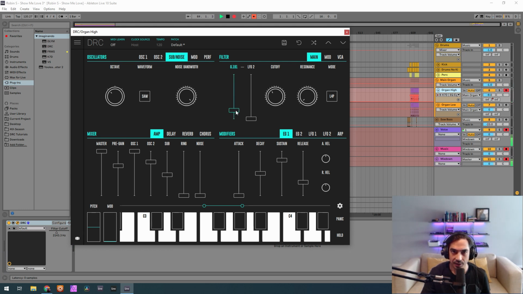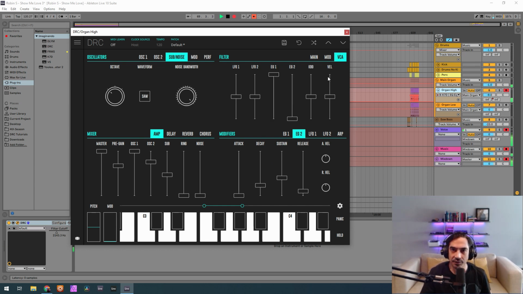This envelope generator 2 amount is the amount of this envelope generator 2 controlling the cutoff frequency in time. Now we go to the VCA and raise velocity to maximum. This means the higher the velocity, the higher the volume of the sound.